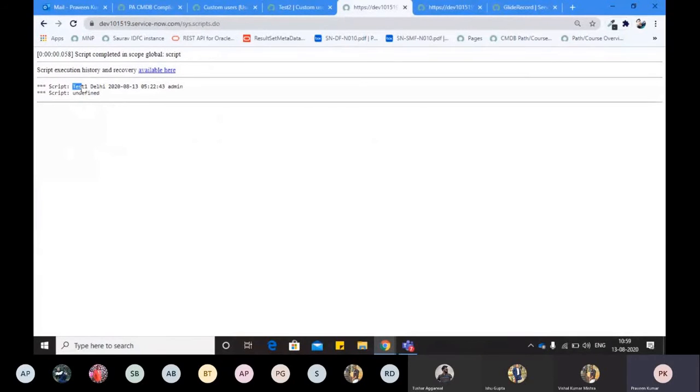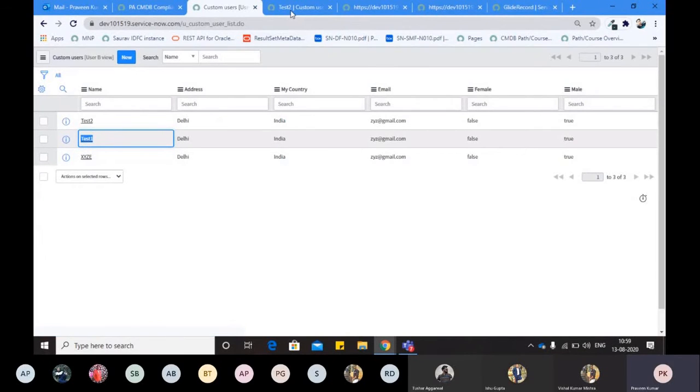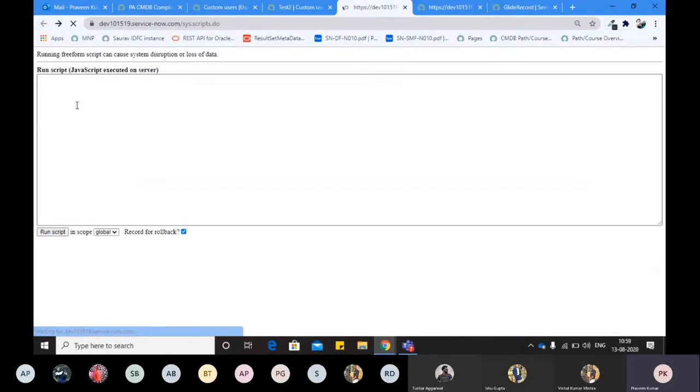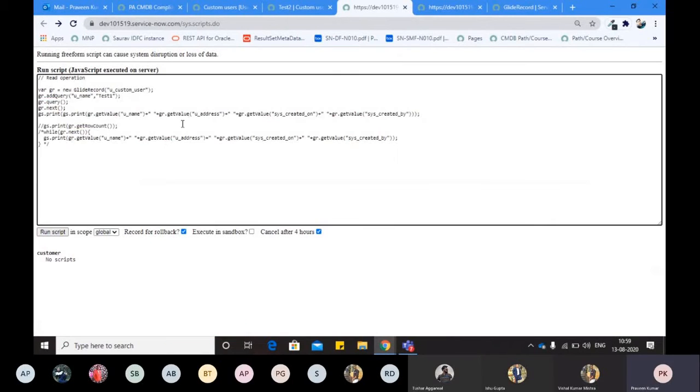So the first result we received was what? Test1, right? So this was the record which data we want, right? Test1 Delhi, and we received the result. Now you see we are not receiving the result for all the columns. If you are confused that you may receive multiple results using test1, in that case you can put that line in a while again and it will confirm that you have only one record.